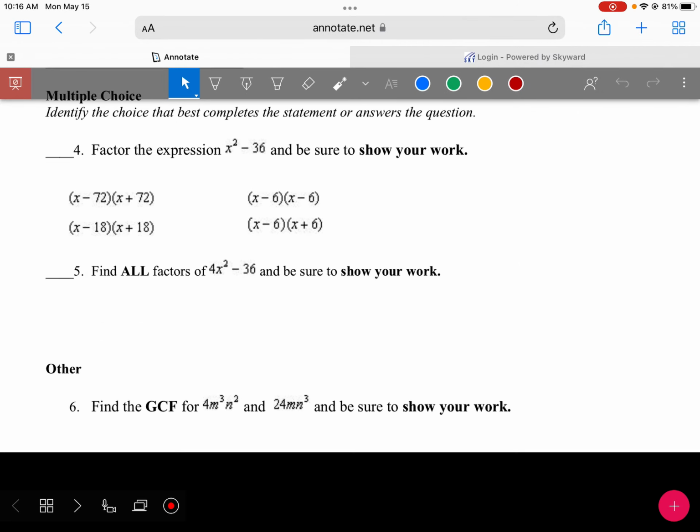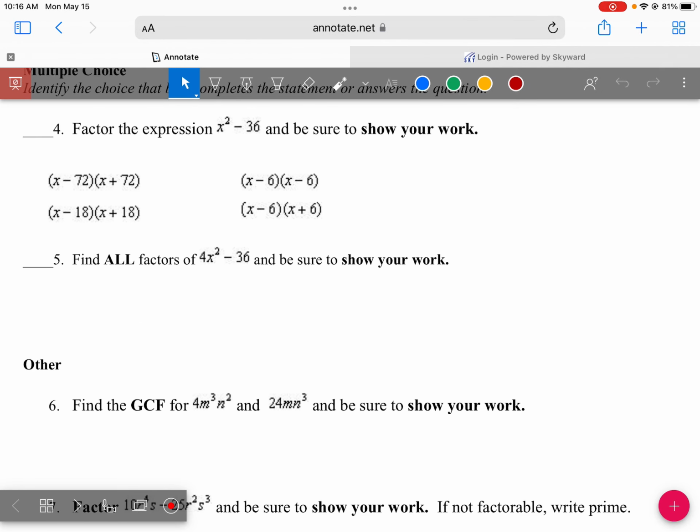All right, so number 5 says find all factors and be sure to show your work. So basically that's,